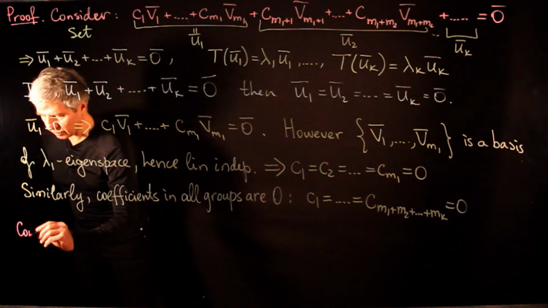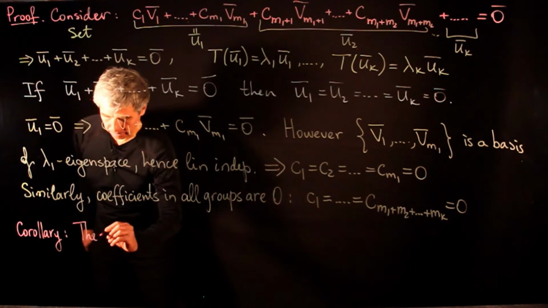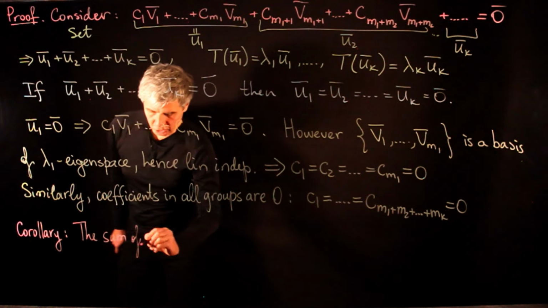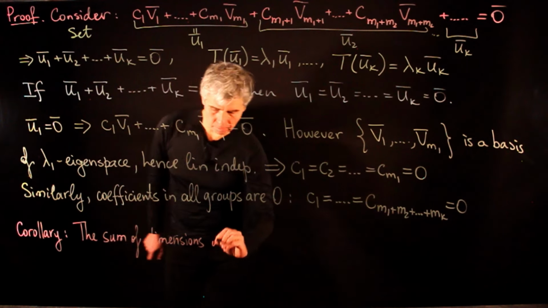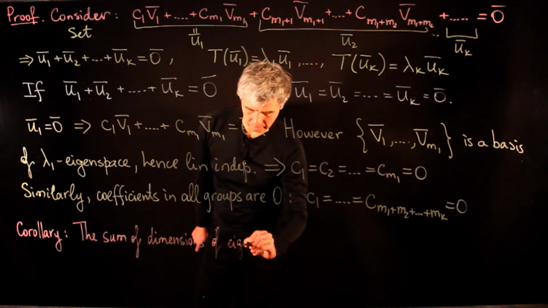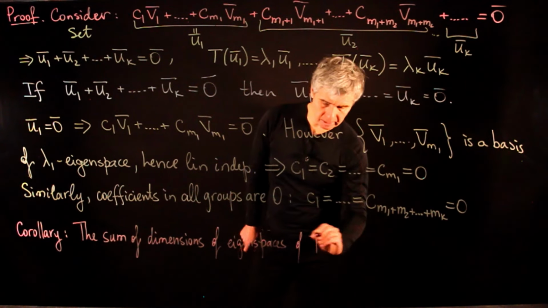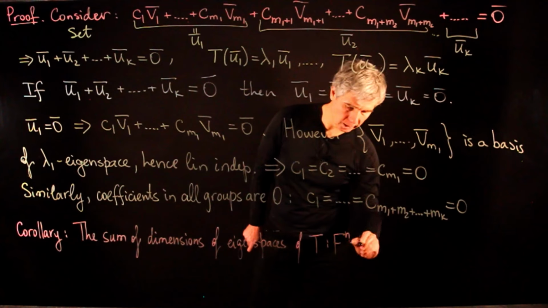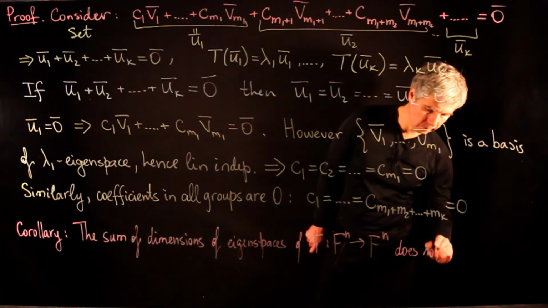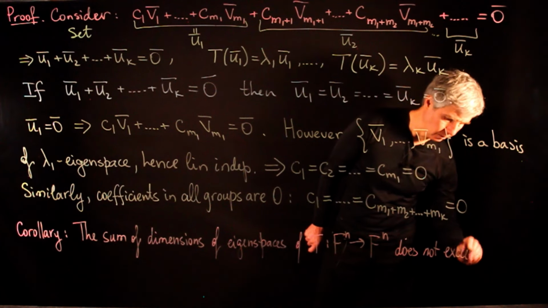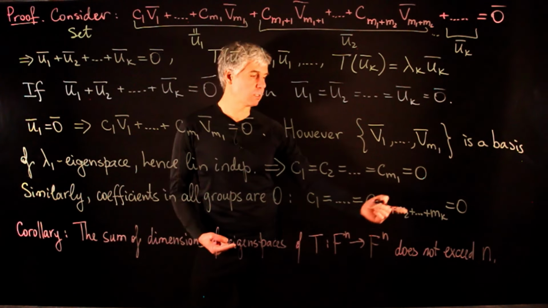As a corollary, we get that the sum of dimensions of eigenspaces of operator T from Fn to Fn does not exceed n. So we claim that the sum of dimensions of eigenspaces cannot be greater than n,